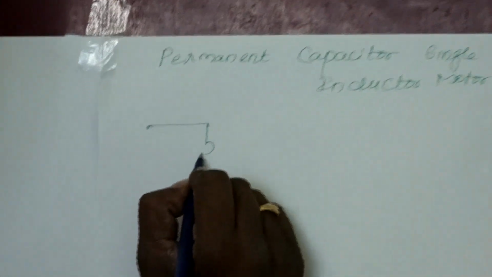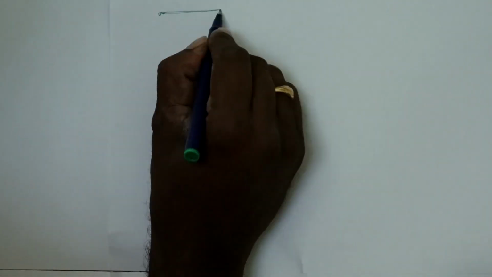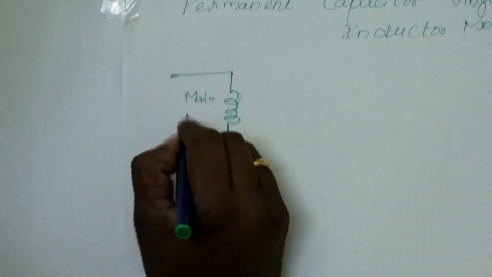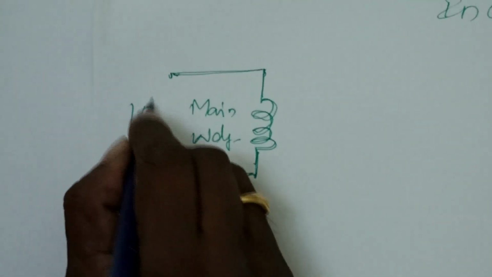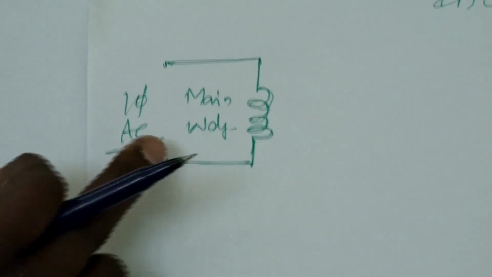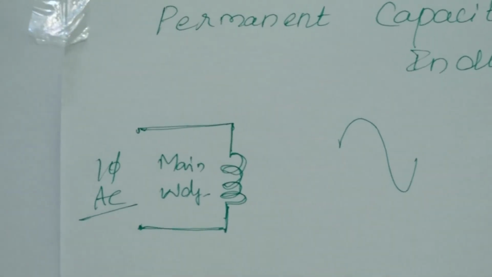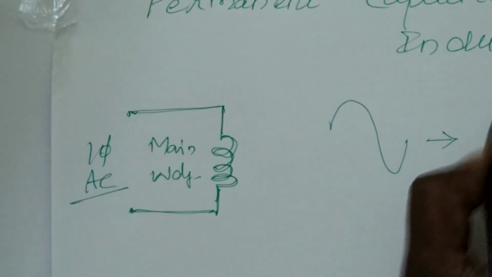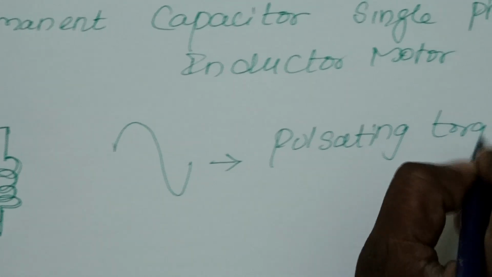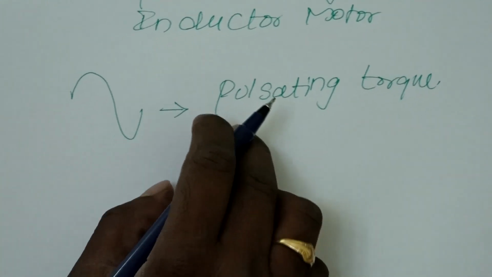Single phase induction motor. If you consider only one winding in the stator side, that is nothing but the main winding. If that is energized by the AC supply, because of the single phase power supply with the single winding, the alternating current passes and develops a pulsating torque. Because of the double field revolving theory,